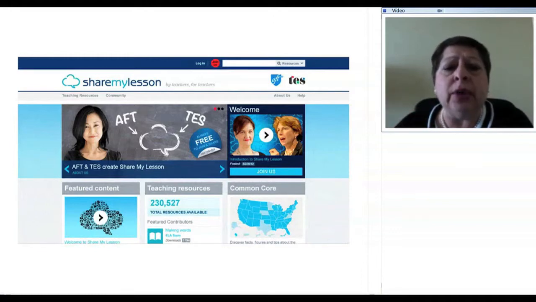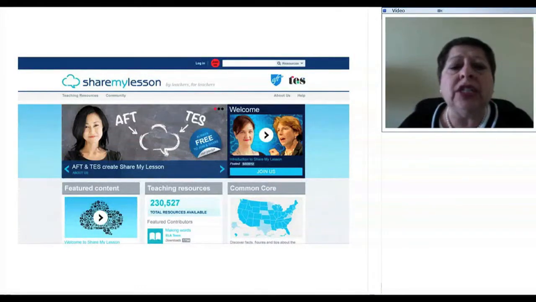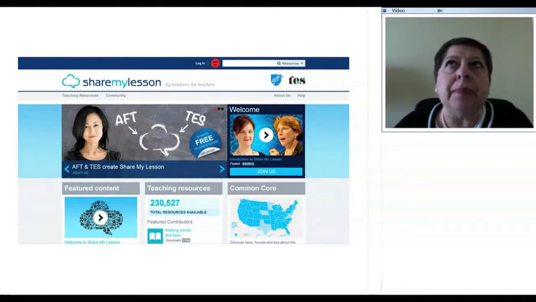and what is available. Then the next gray bar says Teaching Resources, and it gives you a chance to look at how many different resources have already been uploaded for people to use. The next one is called Common Core, and it may not apply to you where you teach, but in the United States, we have developed Common Core state standards, and not all the states are required to adopt it. It's voluntary, but